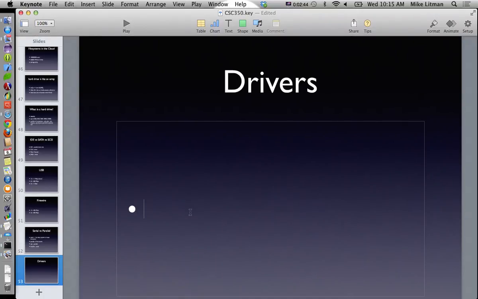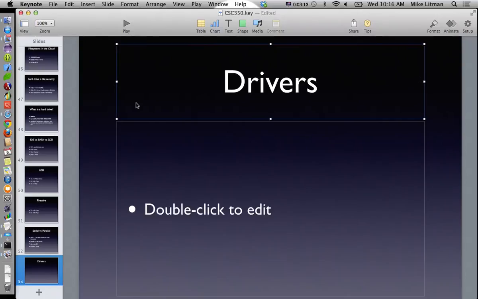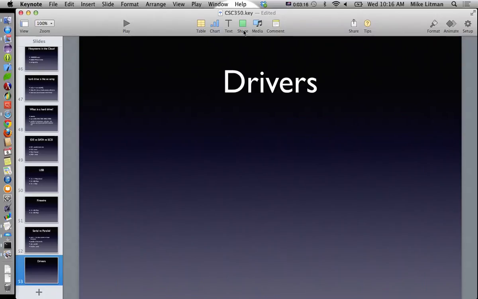Because we already said an operating system acts as the middleman between a human being and the hardware, where the hardware in that case is the computer, the whole computer, right? So what is a driver then? If that's what an operating system is, what is a driver? So let's draw a picture, like pictures.